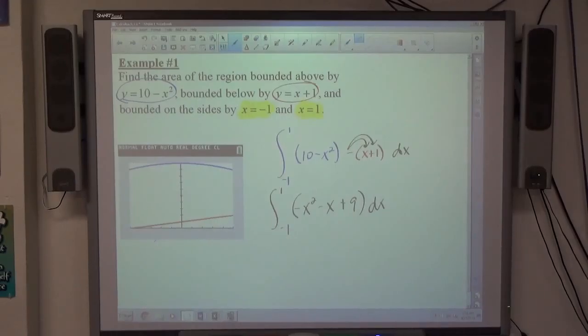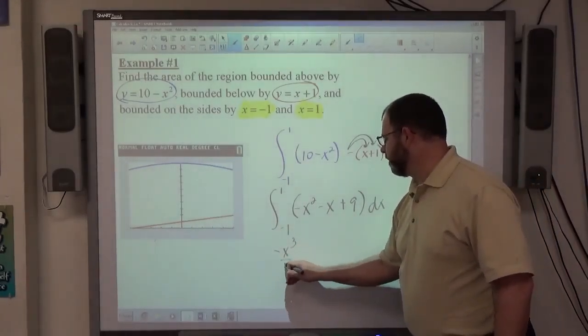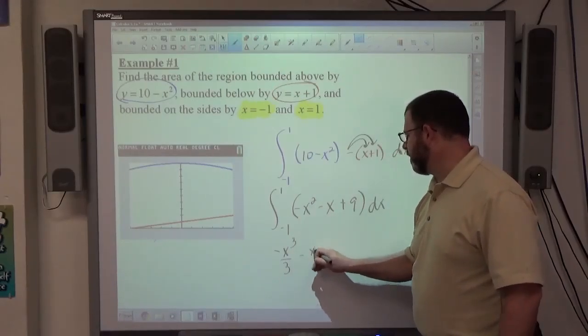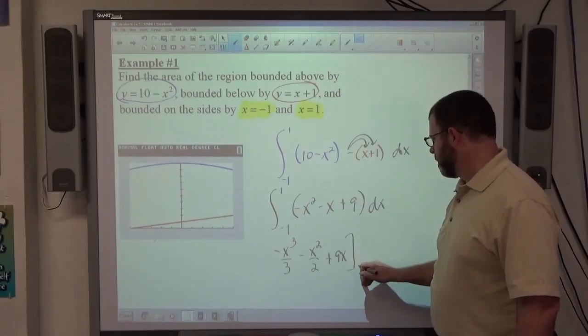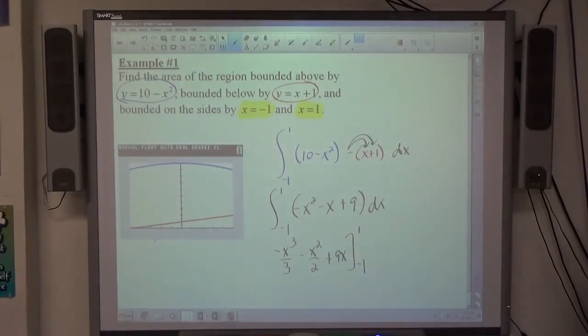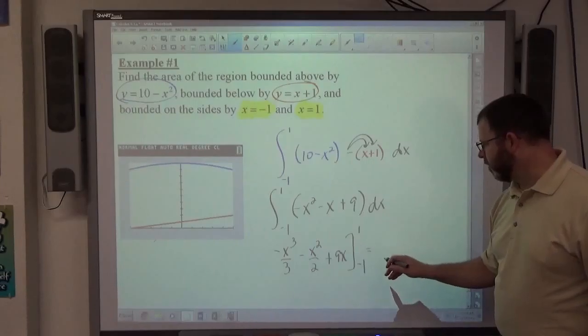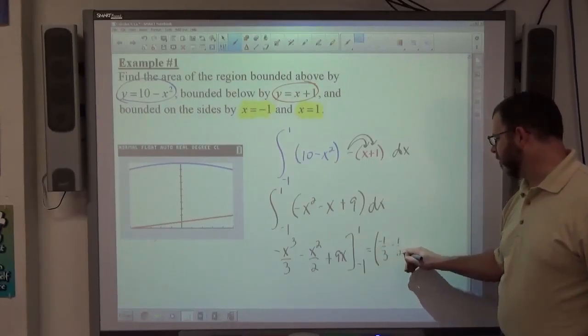So if I evaluate that integral right there, that should represent the area between the two curves. The integral of negative x squared is negative x cubed over 3. The integral of negative x is negative x squared over 2. The integral of 9 is 9x, going from -1 to 1. And as we should know by now, all that means is to substitute 1 first, then -1 second, and subtract the two evaluations. So if I put 1 in first, I'm going to get -1/3 minus 1/2 plus 9